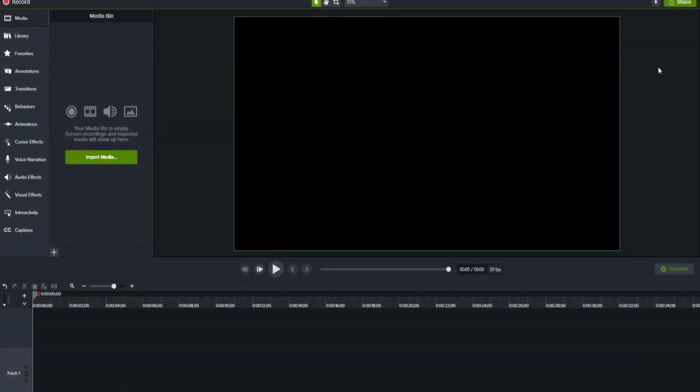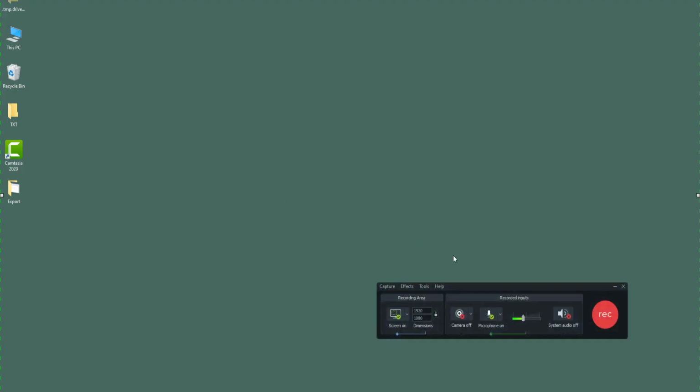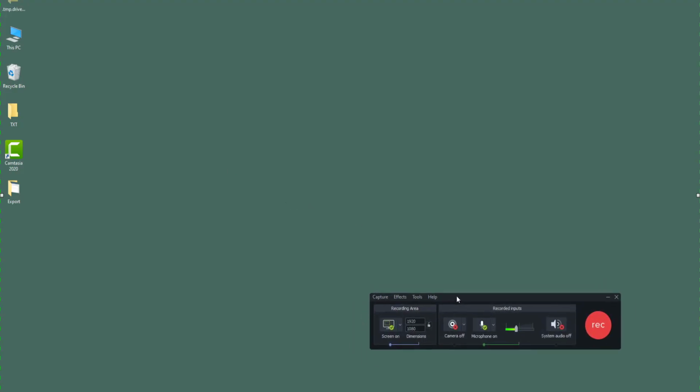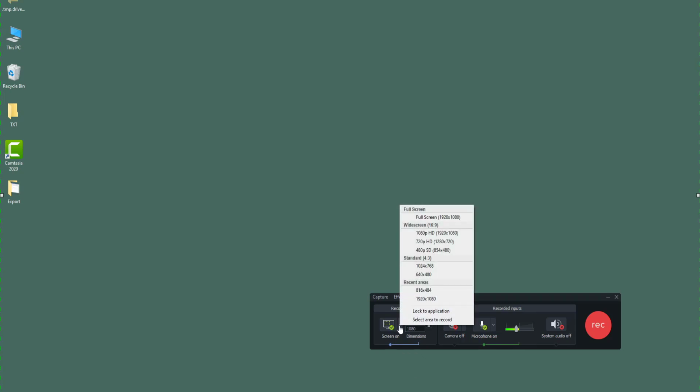So now let's see how we can work around with the recording regions inside of Camtasia Recorder. For that, I'm just going to hit the record button right here, and then you get this recorder just like this. Over here you can see that the recording area is set to 1920 by 1080, which is the width of my screen. So if I were to go over here and hit this button right here,